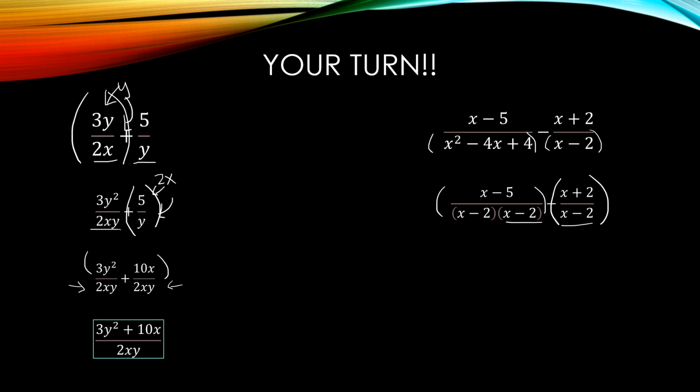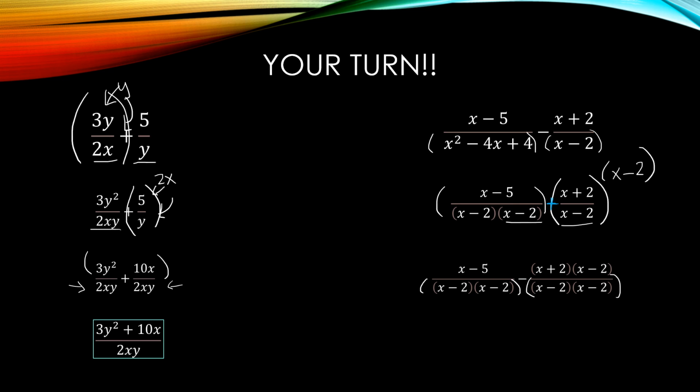Sorry, I don't want to hide that plus sign there. So I went ahead and multiplied this side by x minus 2, so that I also had another x minus 2. Now that the denominators are the same, I went ahead and